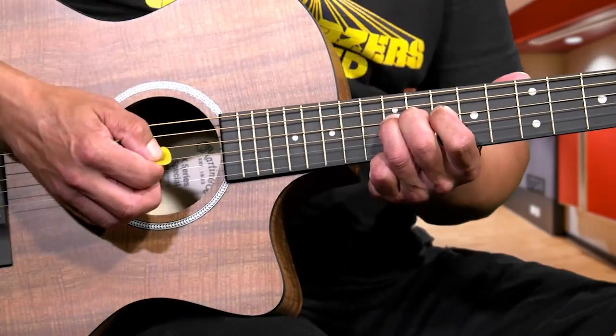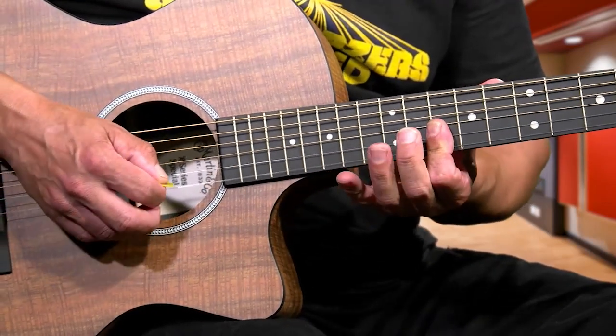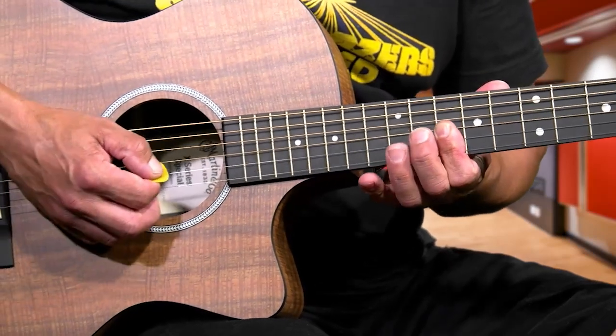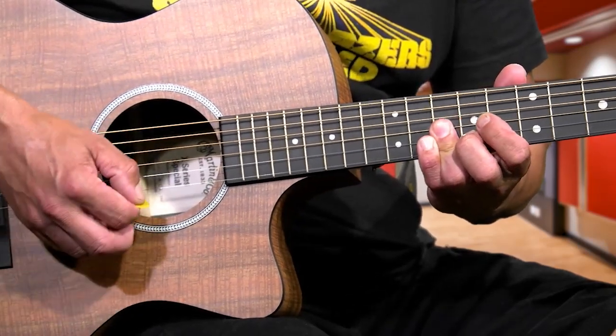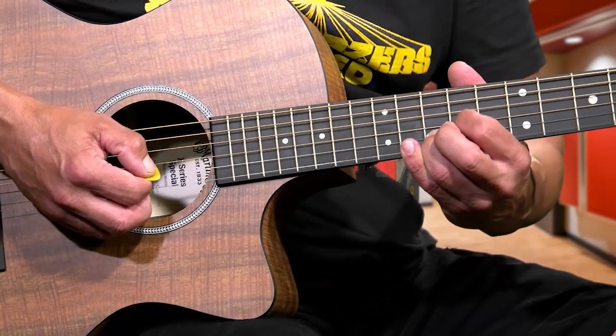Okay, now the next part is going to be on the 10th fret with the first finger barred. You're going to bar it across the 1st, 2nd, and 3rd, and you're going to hit that. And you can actually use your 1st on that, or you can use your 3rd. Okay, because what you have to do right after that is you have to put your 1st finger on the